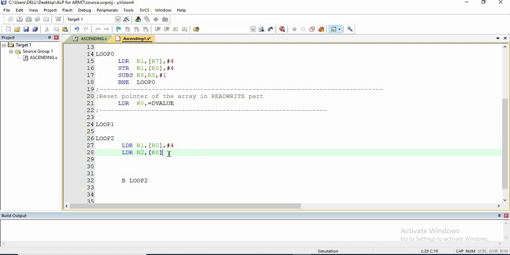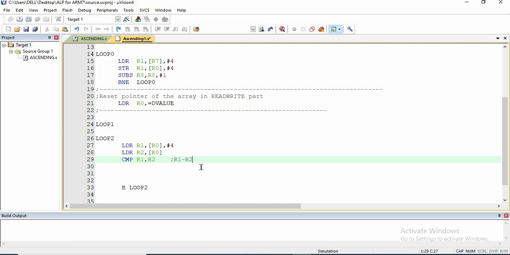Now I am going to write the compare instruction, CMP R1, R2. Compare is nothing but R1 minus R2, and it stores the result and affects the conditional flags accordingly.